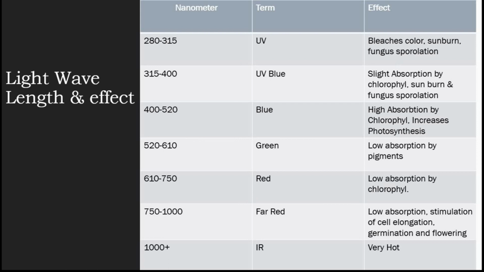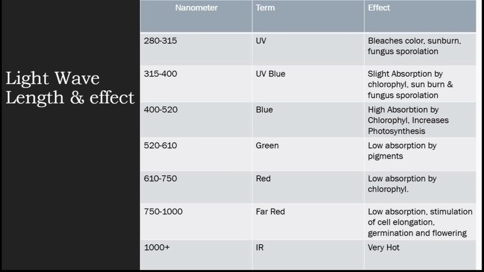Never go with this. Then next comes 400 to 520, which is termed as blue, and this has high absorption by chlorophyll. In this spectrum of light, 400 to 520, the plant has maximum photosynthesis. Always make sure that the power you're getting is between 400 to 520, then it's a lottery for your plant. It would give you very high growth and high yield of fruits and veggies. So it's a lottery for the farmers and for the plants both.